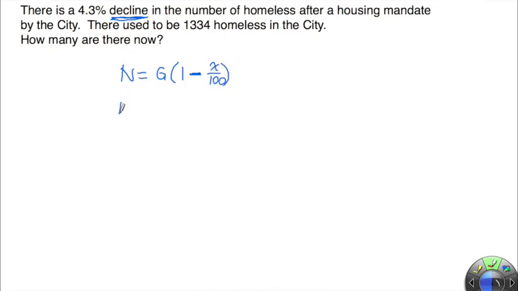So I don't know my new value, so n. Grandma is the old value, which is the 1,334, and it's going to be 1 minus 4.3 over 100. And type that exactly the way it is into the calculator. Parentheses 1 minus 4.3 divided by 100. And we end up with